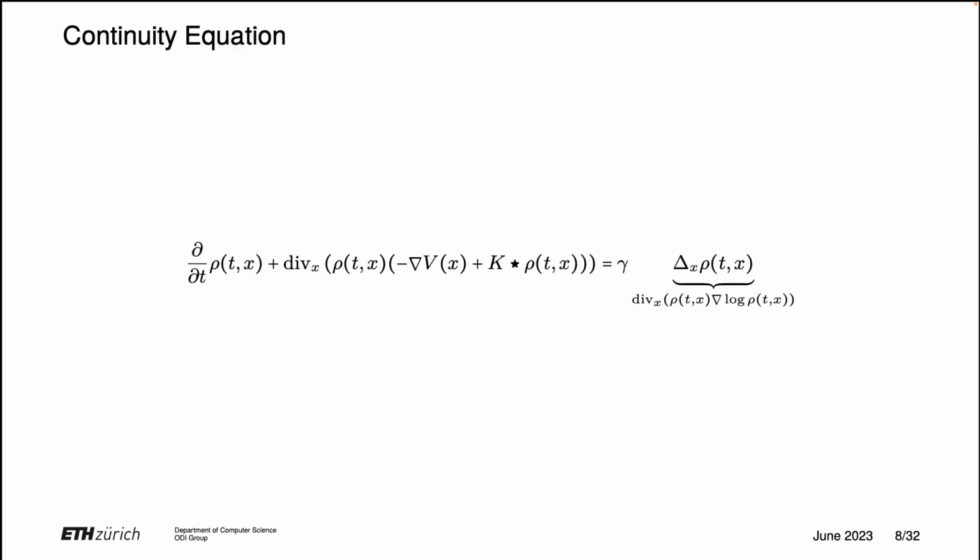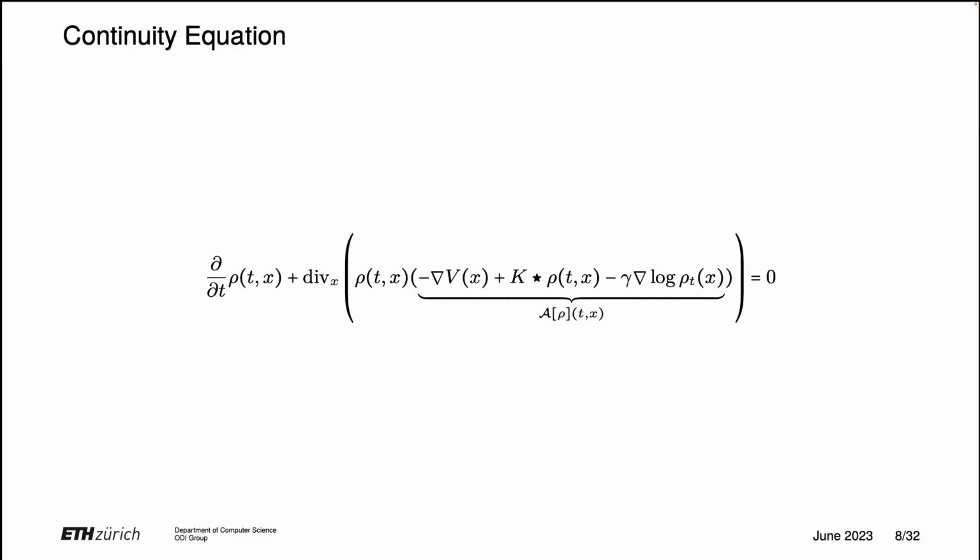Okay, so it is known that the Laplacian operator is equal to the divergence of the gradient. So the diffusion term on the right hand side can actually be rewritten in this way, which is a divergence of rho times gradient log rho. Here we use the log trick. And if we move the term on the right hand side to the left, we actually